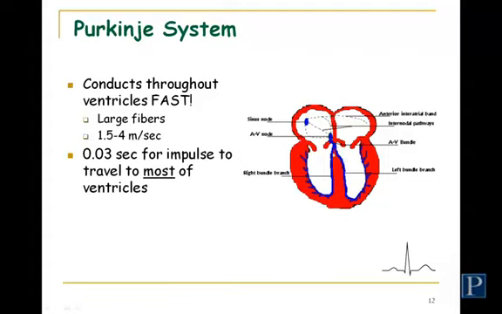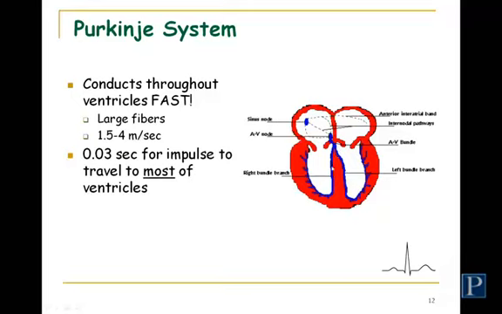They will carry that electrical impulse down through the septum. So these guys run along the septum, the ventricular septum. They move down towards the apex. Now the left bundle branch actually does have some branches up here, but we're not going to discuss that at a later time. If you want me to discuss it, you can always ask me. But right now we're just going to discuss just the left bundle branch.